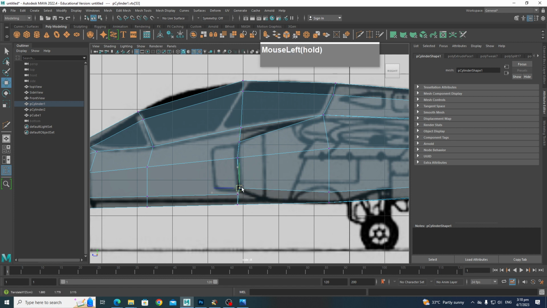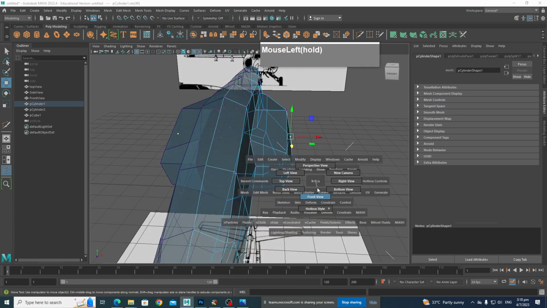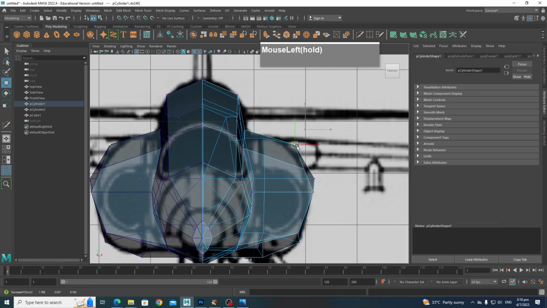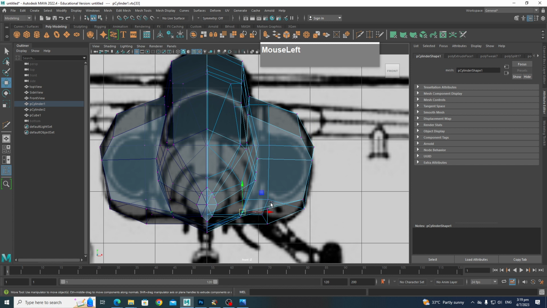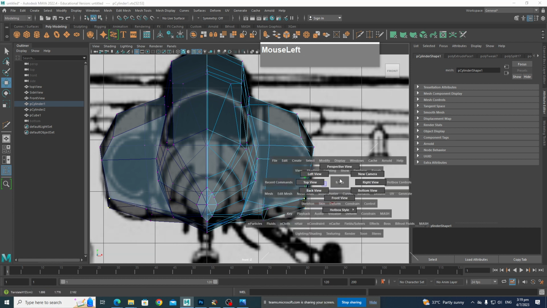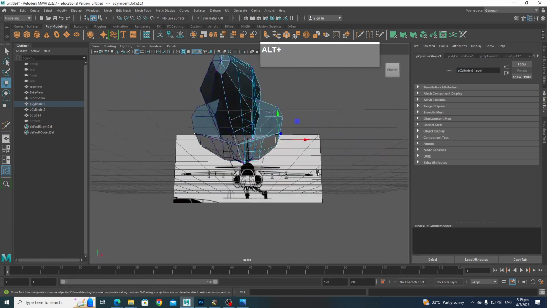So there are a bunch of additional vertices over here. We're going to grab it and then pull it up. Okay, I'm going to just pull this out a little bit. Okay, and then use my front view and start to sculpt it so that it has a much more rounded look. This is one area a lot of beginners have troubles trying to figure out, because they are not sure which vertex is which. You want to move the vertices until you have this nice rounded